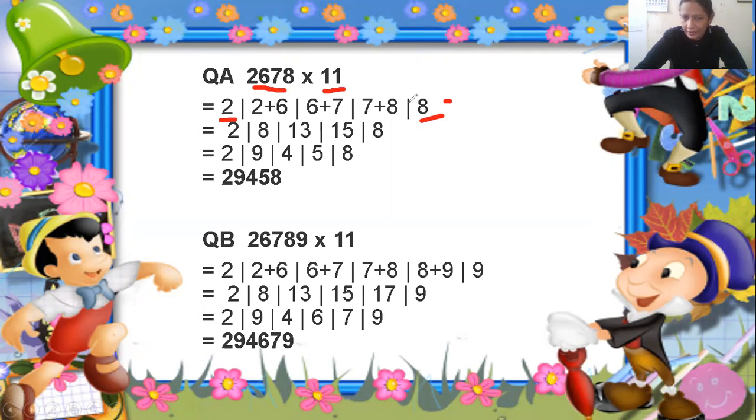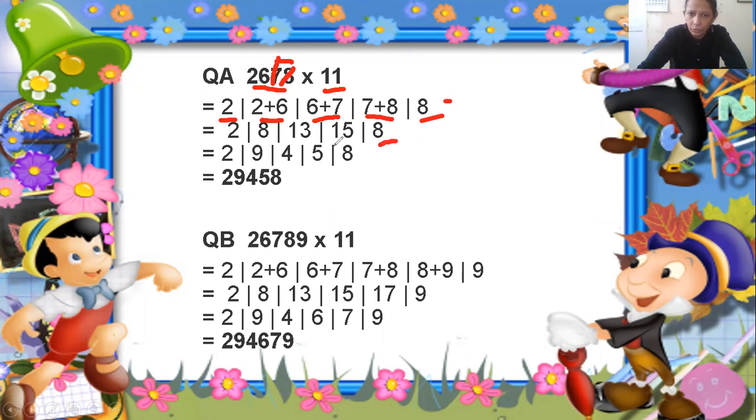Then put a slash. Take two numbers at a time. What are the first two numbers here? 7 and 8. So put a slash, write down 7 plus 8. Now what will you do? You have to take the next two numbers. So you can ignore this 8. Now what are the next two numbers? 6 and 7. So put a slash and write down 6 plus 7. Now ignore 7 also. Now you look at what are the next two numbers. 2 and 6 are the next two numbers. So you write down here 2 plus 6. Now you have to solve it out. Now see 8 you have to write down here as it is.